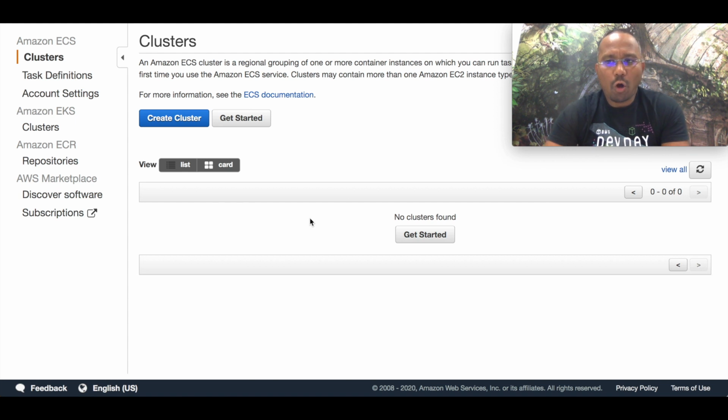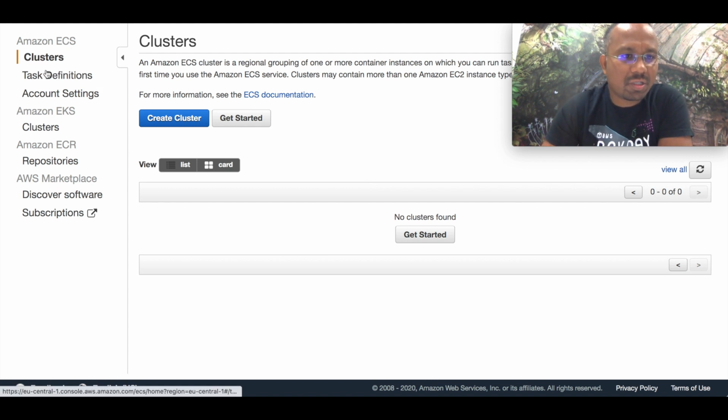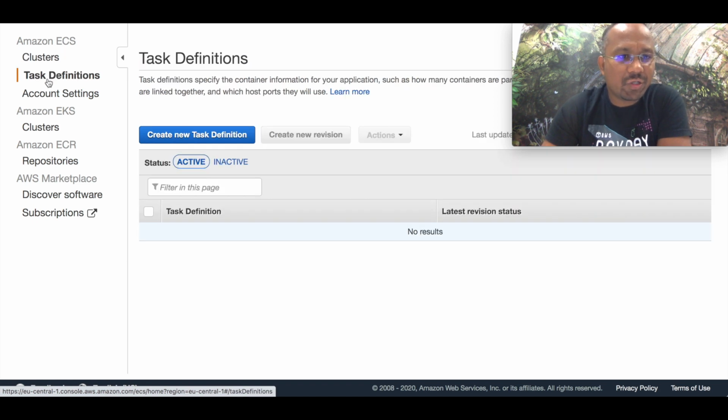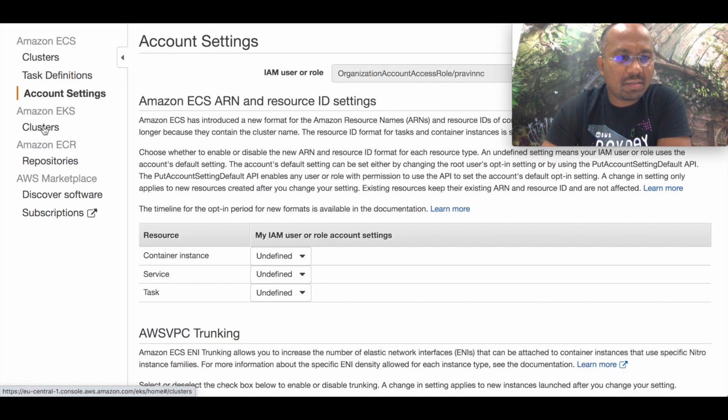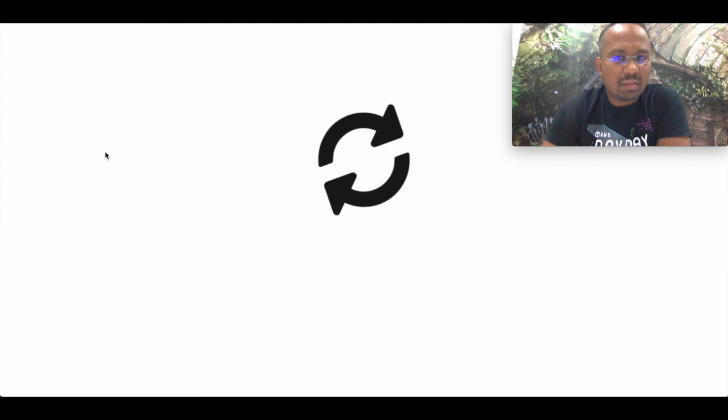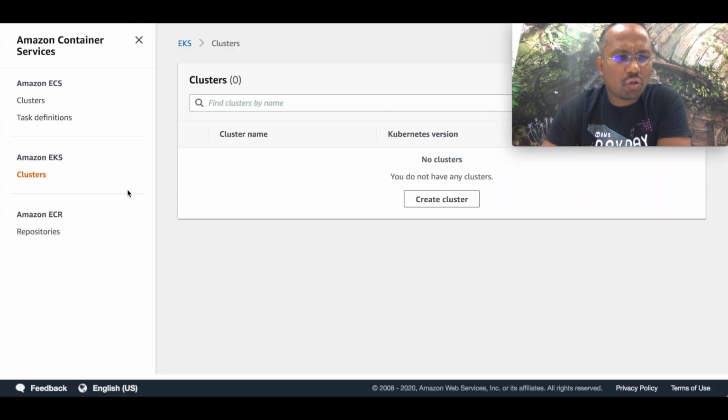So here we are on the ECS dashboard. Once you log into your AWS account and search for ECS in services, you will land on this dashboard. And here you see you have options for cluster, task definition, account settings, EKS cluster, repository, and so on and on.